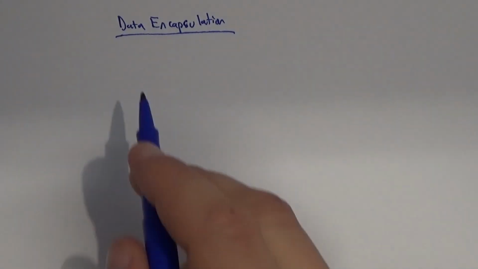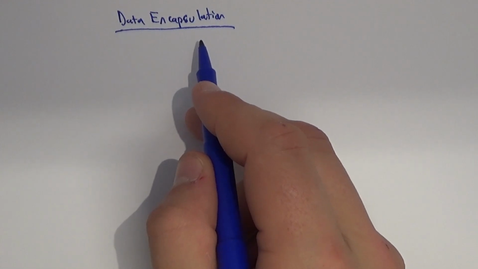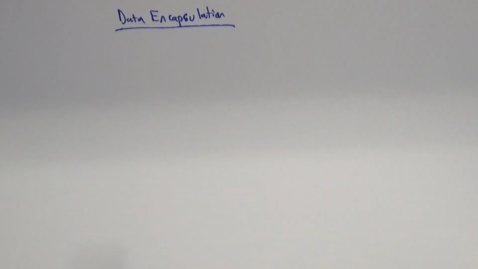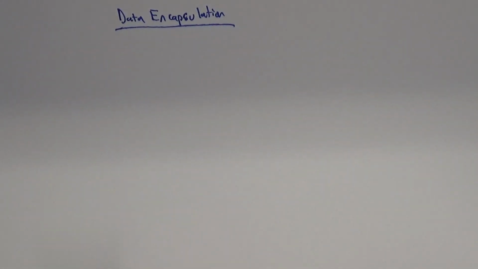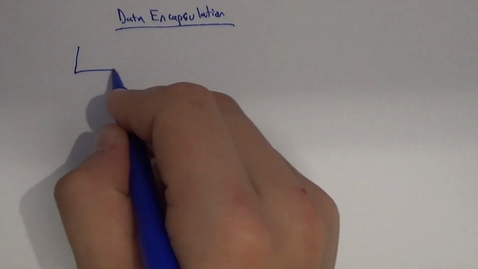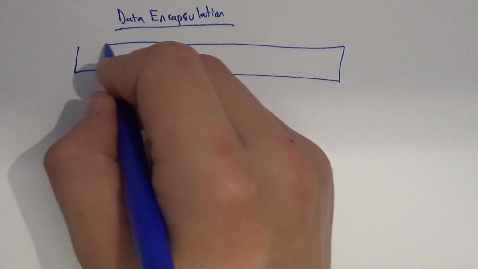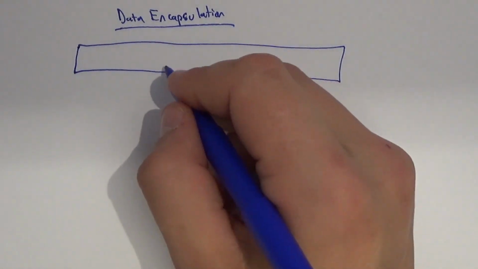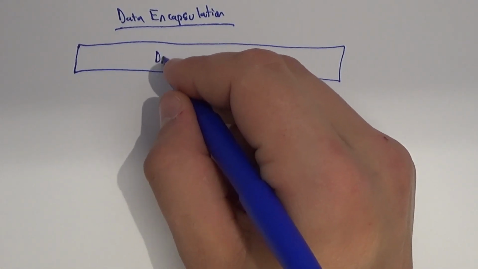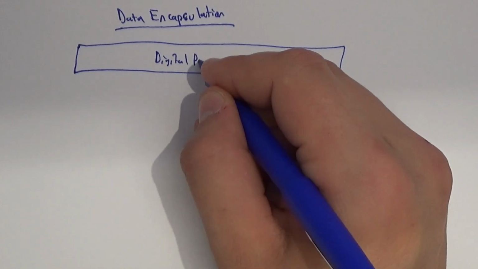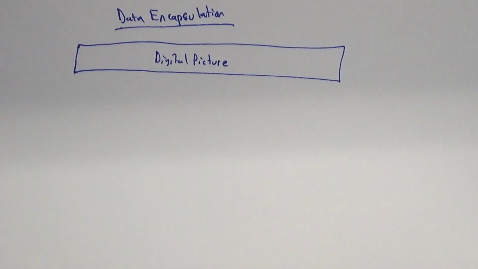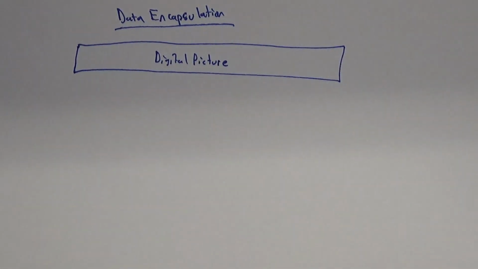Let's talk about data encapsulation for a moment. Data encapsulation is the idea of information being put into smaller and smaller containers to be transmitted across the internet. Let's say that we start out with something rather large, like a really large file, something like a picture. This is a digital picture. It might be rather large, a couple of megabytes of space,